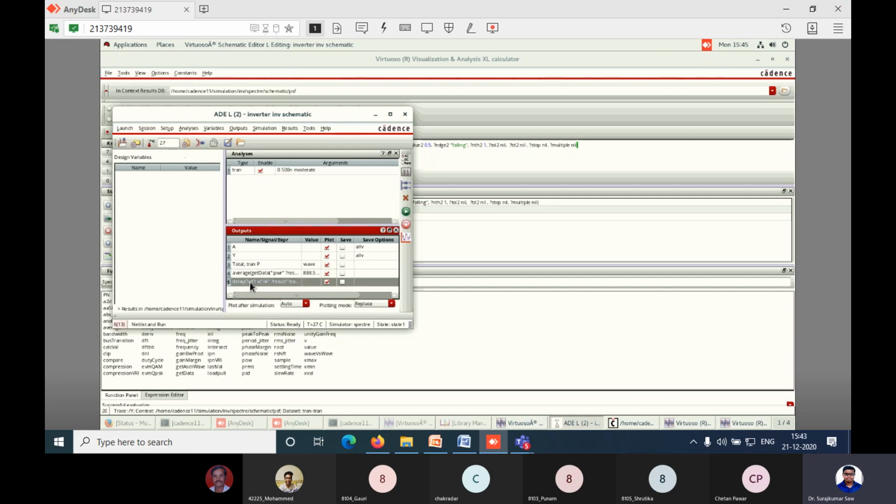Same thing what we do in the average power calculation. All of you check your ADE window. The expression of delay will be added here. Chakadhar sir, got it? Yes, sir. Okay, fine. All of you have got it. Very good. Poonam, you have got it. Okay. Now if you plot again, the value will be plotted here.